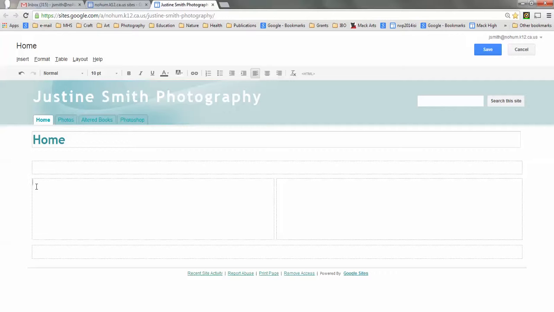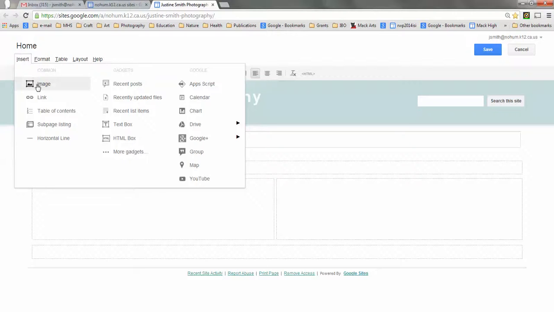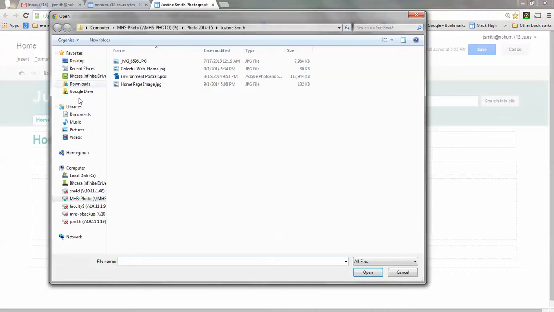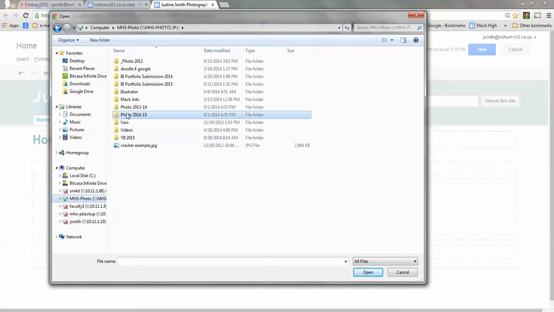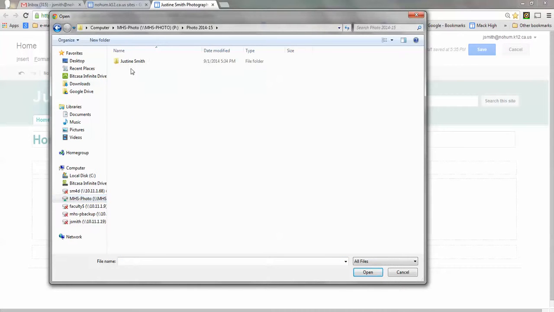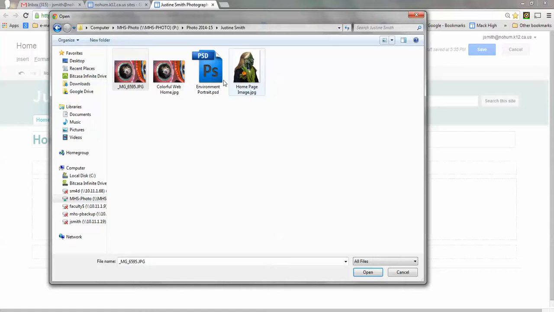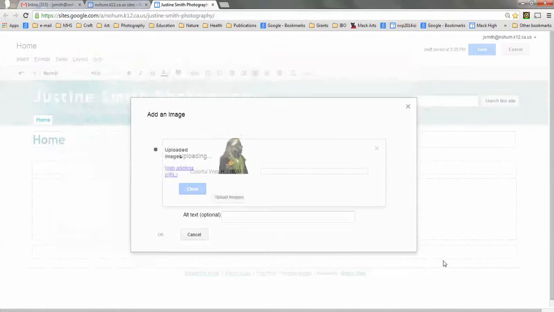So down here in this column, I'm going to click inside of it so that the cursor's there, go to Insert Image, and I'm going to upload image and go to the P drive, go to Photo 2014-2015, get my folder. There's the original. Let's put this on icon so we can see it. So there's the original one. This one is really large, and here's the one that I saved, which was a lot smaller. So I'll click that one, click Open,